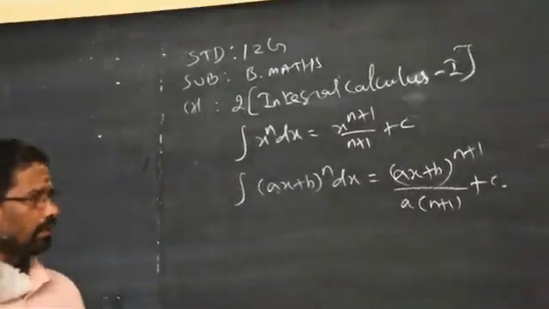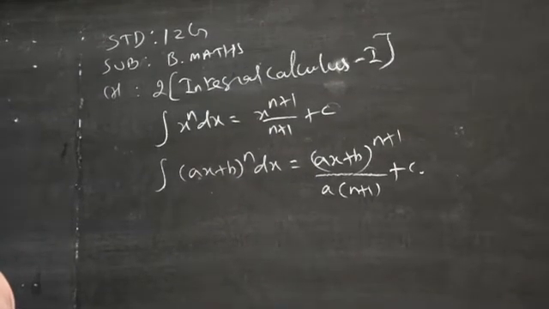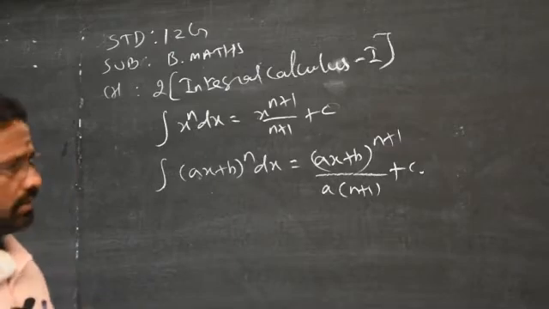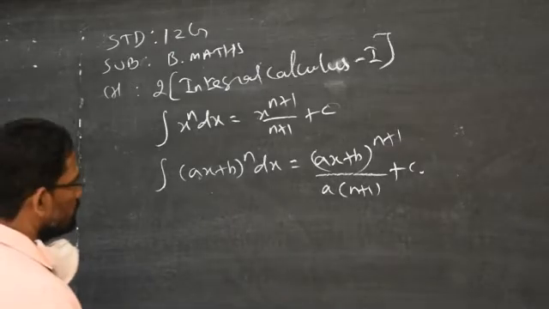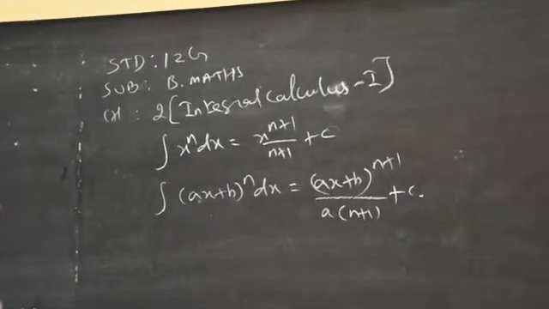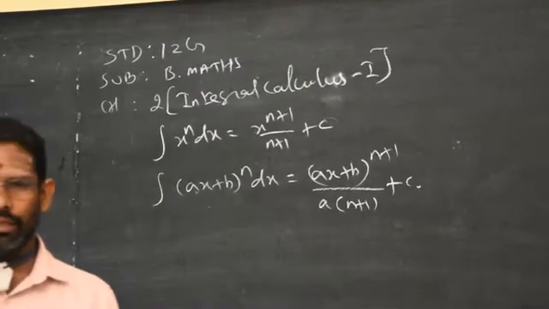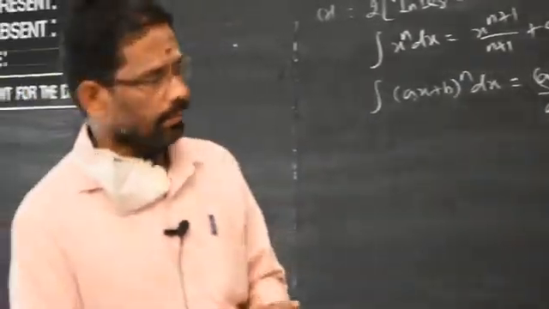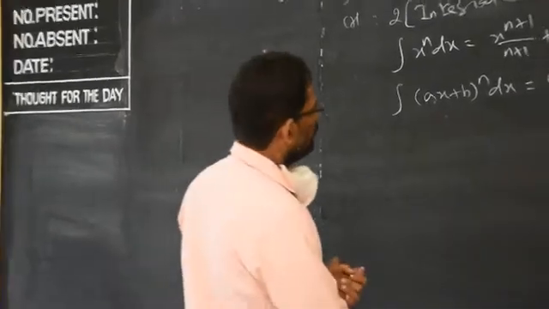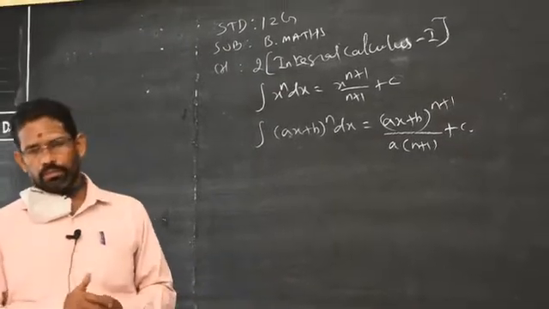In number theory, you have formulas like n into n plus 1 for natural numbers, and n into n plus 1 into 2n plus 1 by 6 for square numbers. Instead of that technique, we have an advanced technique, which is integration. Integration is mainly used to sum the area, to find the total area, and in business it is used to find the surplus for consumers and the surplus for producers.